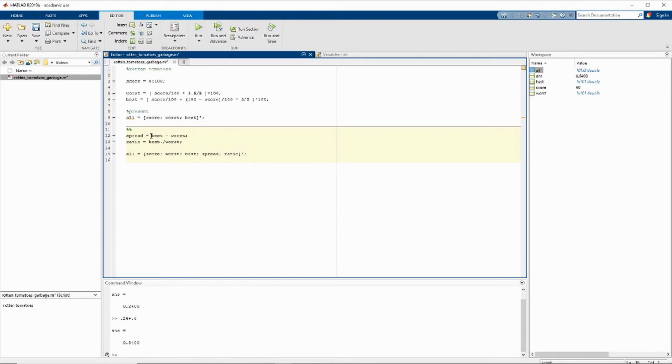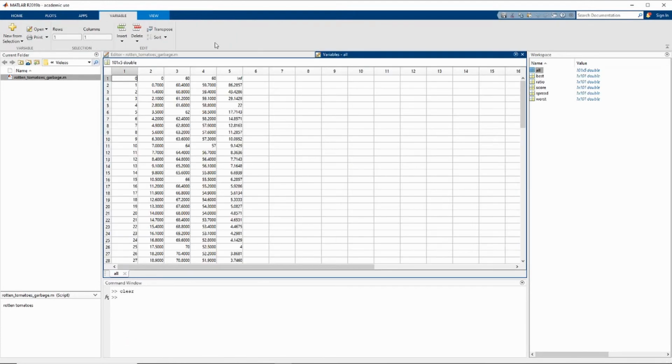Essentially, spread is the best score minus the worst score, so it's the difference between the two. Ratio is, of course, the ratio of the best score to the worst score. These are just metrics we can use to judge exactly how garbage a Rotten Tomatoes score is. So we're just adding spread and ratio onto the end of the original variable. All right, so as you can see, the spread at 0 is obviously 60, and the ratio is approaching